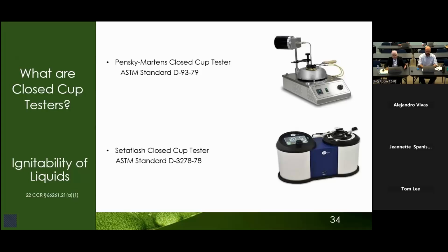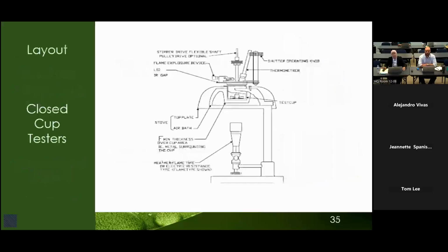Let's get a visual understanding of the closed cup testers used for determining flash point. Here you can see the main mechanics of the closed cup testers. This schematic diagram shows multiple parts of the instrument, including a heat source, which warms the sample to raise its temperature. Then there is a test cup, where we place the sample. A thermometer accurately monitors the temperature, and a stirrer keeps the liquid mixed, ensuring even heating.